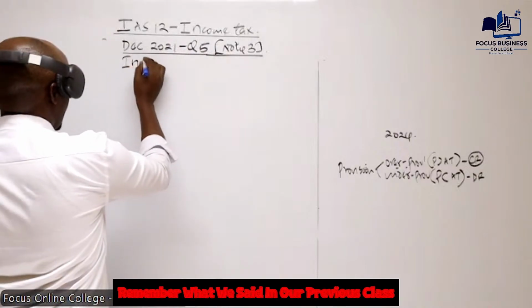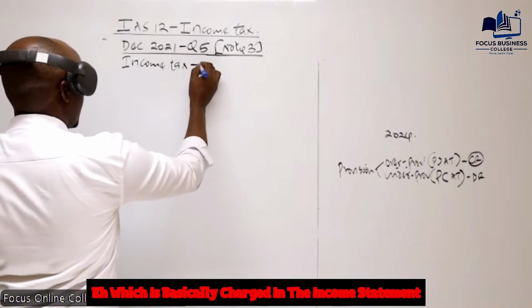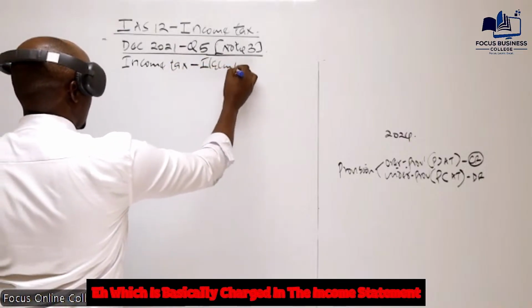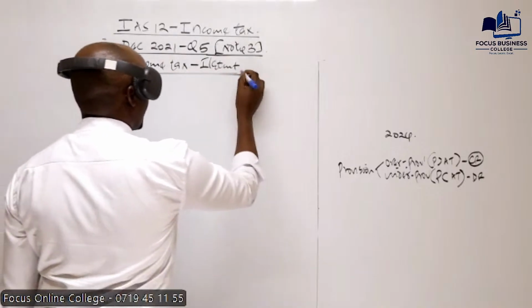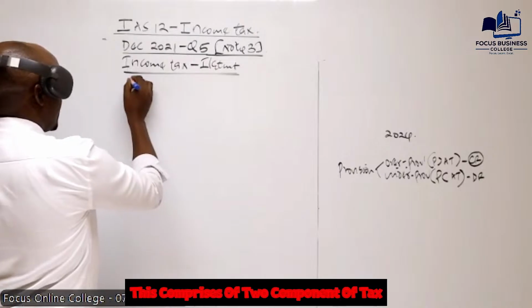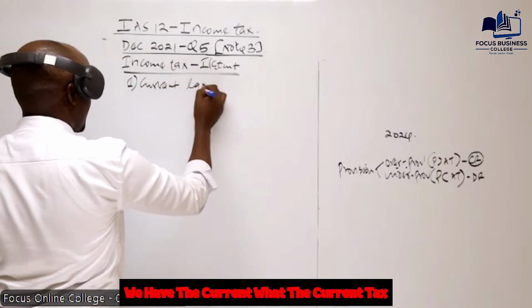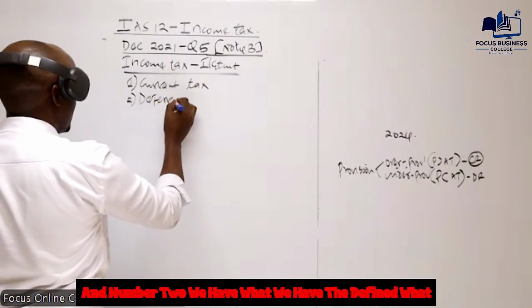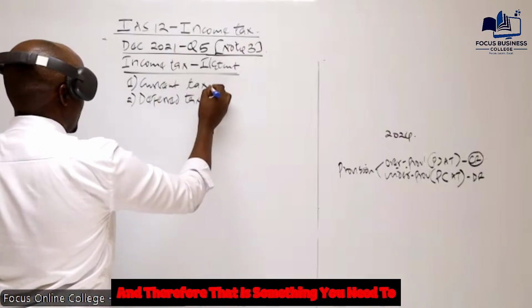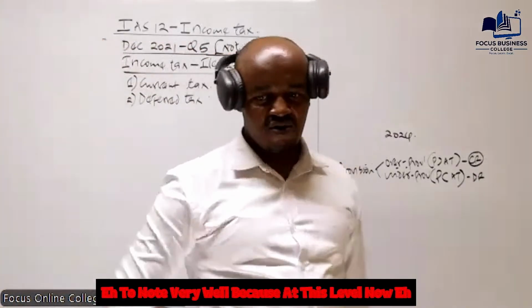simply because remember what we said in our previous class. We said the amount of income tax which is charged in the income statement comprises two components of tax. We have the current what? The current tax. And number 2, we have what? The deferred what? The deferred tax. And that is something you need to note very well,